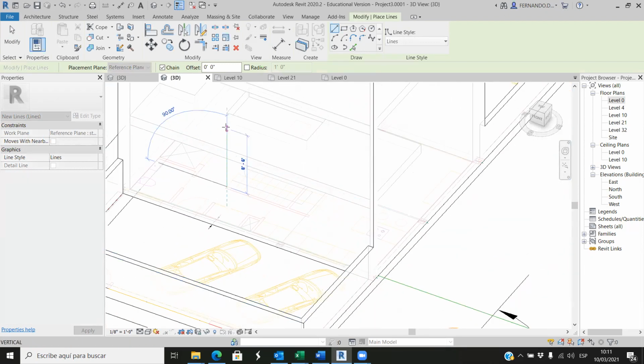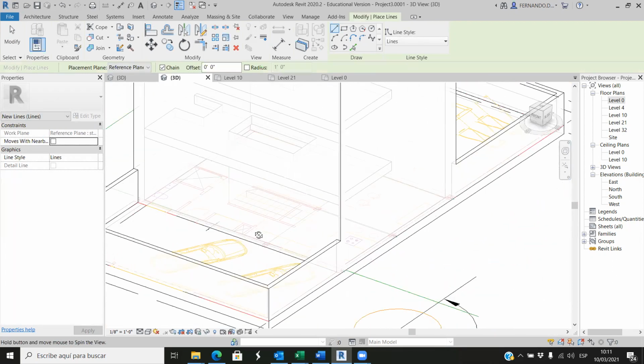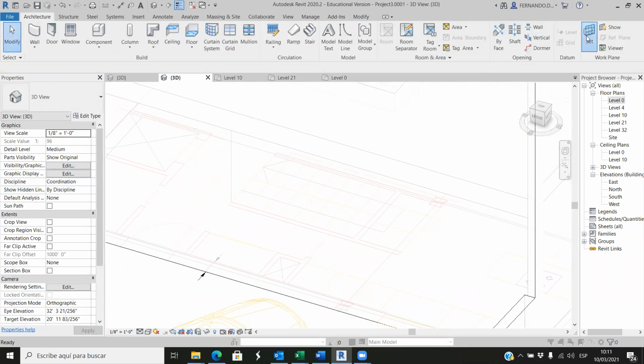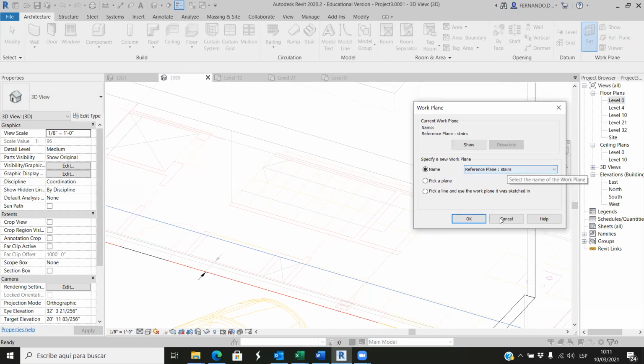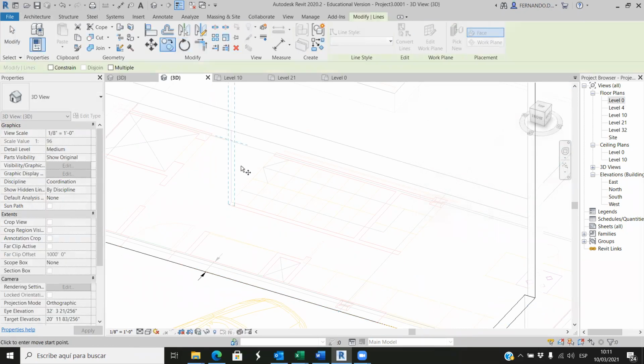If we go up, we know that we are working with a vertical line. Okay, it's vertical, and it's on that reference plane because we have already set the reference plane as the work plane. And now we just can copy